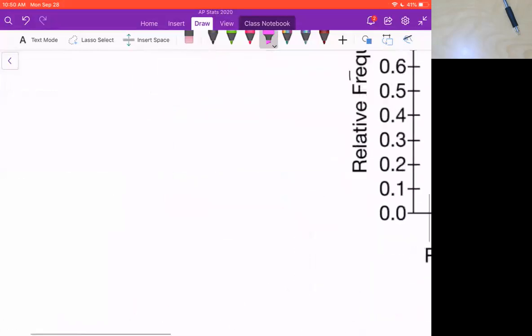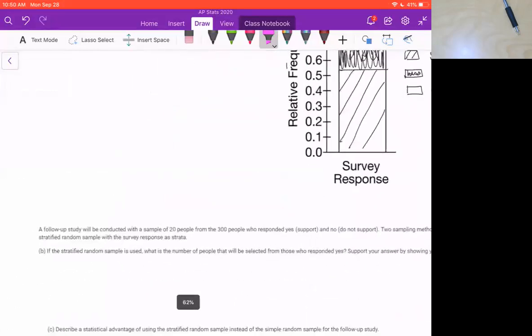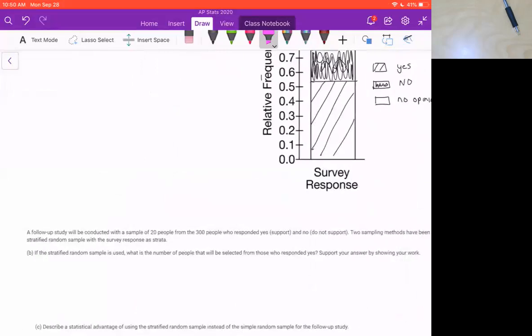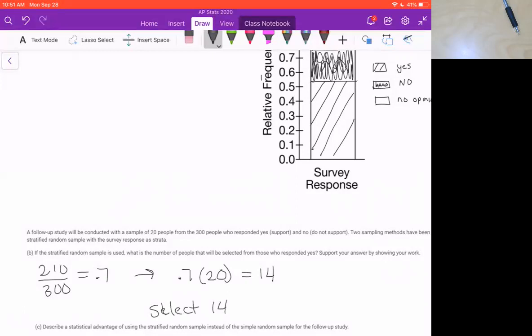So that was really what it's asking. How many should we take from the yellow group? So if the stratified random sample is used, what is the number of people that will be selected from those who responded yes? So we had 210 out of 300 that responded yes, which is 0.7. So that means 70% of our sample should be from the people that said yes. So we should do 0.7 times our sample size of 20 equals 14. So select 14 from